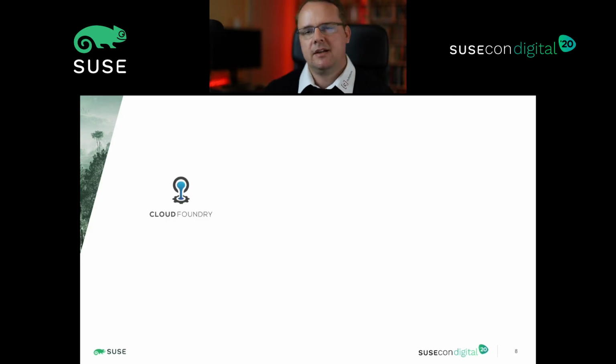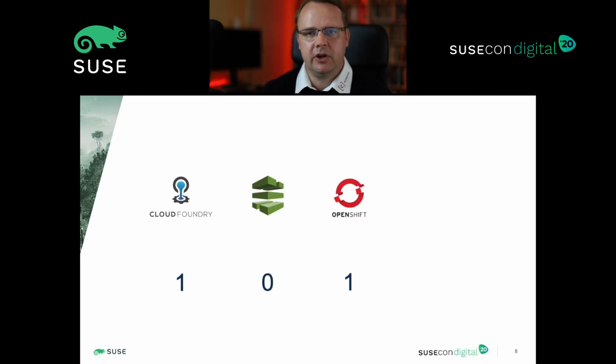Having said that, let's go to the results of this category. So Cloud Foundry gets 1 point because it is an open source project and provides us with a lot of platform as a service functionalities. The cloud vendor specific offerings are mainly closed source and mostly centered around CI/CD, so they do not get any point here. Red Hat's OpenShift gets a point because at least it is open source, so you can tailor it to your needs. And SUSE Cloud Application Platform is an open source based solution. It is based on Cloud Foundry, so it definitely gets a point here as well.